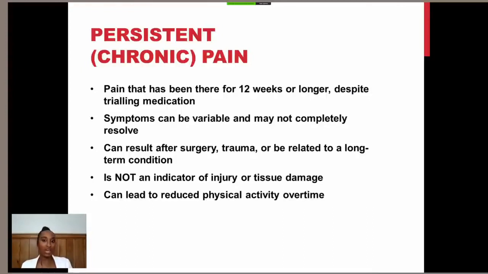Part of the reason why the pain persists is because the nerves get hypersensitive. So your body is responding to things that shouldn't normally be painful, but your brain is sending out pain signals because the nerves are hypersensitive. And unfortunately, that can lead to a reduction in physical activity because the pain is limiting you from doing things.